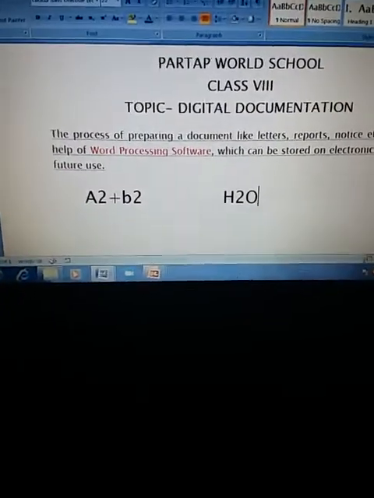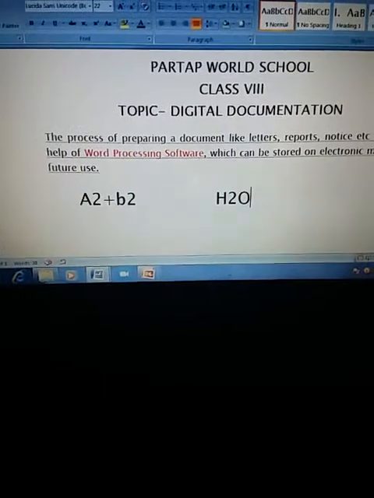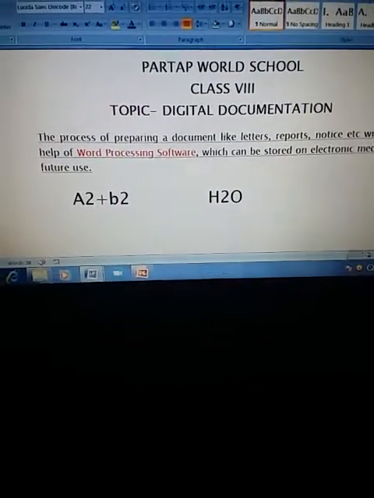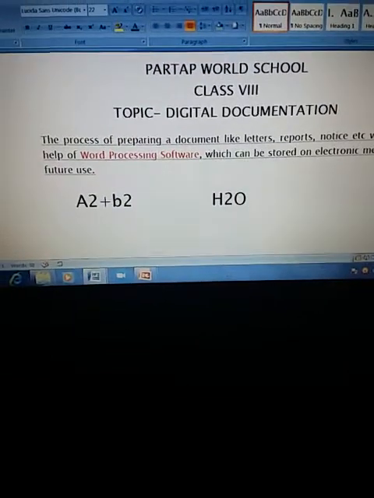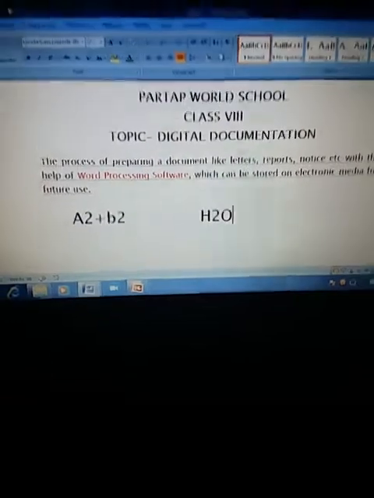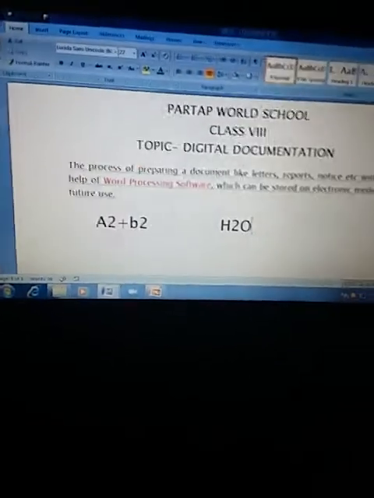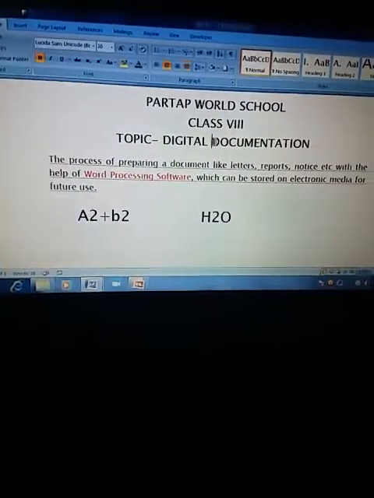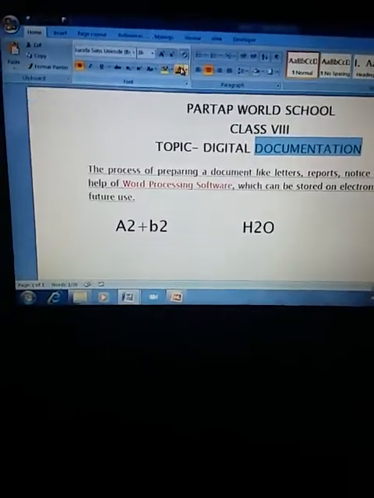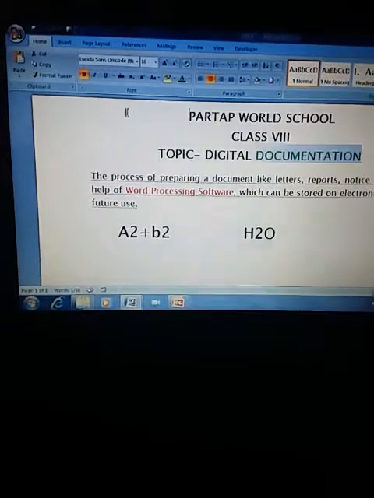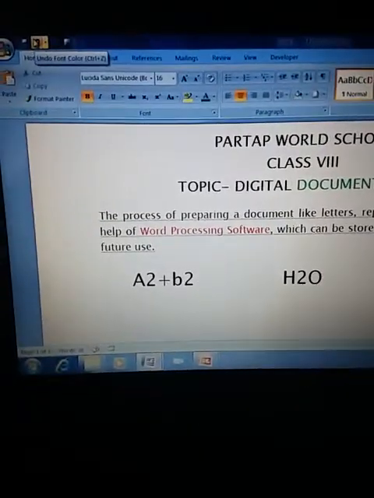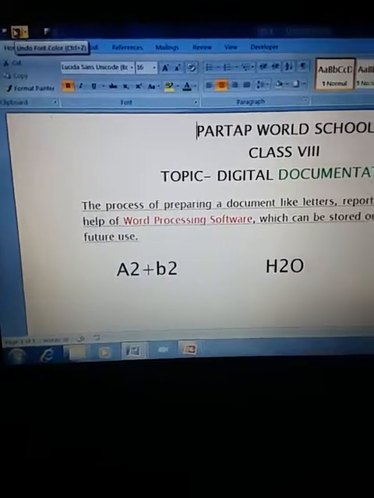So what is this undo and redo? Undo is the process of reversing changes. Suppose you have made a change in your document by mistake and you don't want that change. So what you will do, you will press the undo button. Suppose I have made one change in this document. I just changed the color. I don't want this. So I will press the undo button. This is present on the quick access toolbar. Either I will press it or I will press the Ctrl plus Z keys.